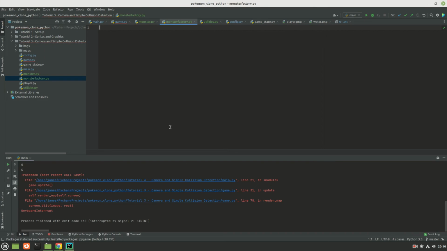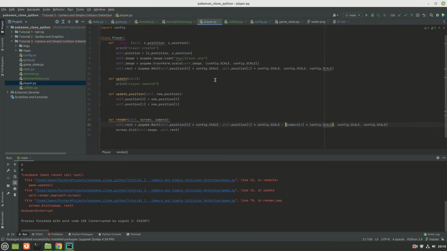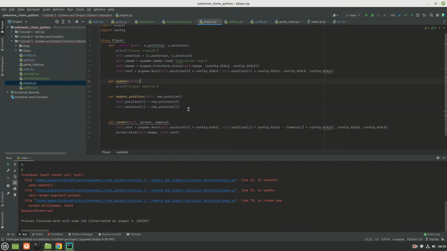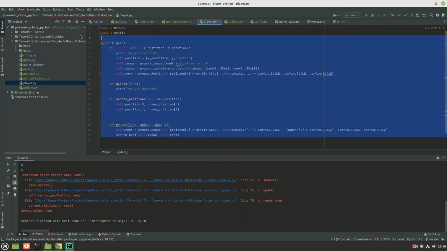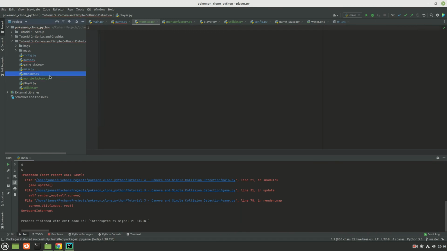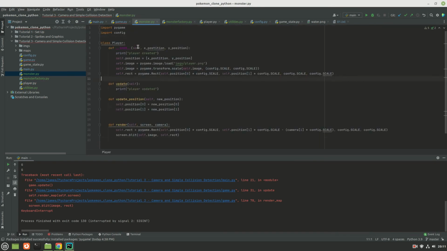We're going to pass it in the type we want. In this example, it would be grass, and then that's going to create the monster for us. Pretty well-known pattern.